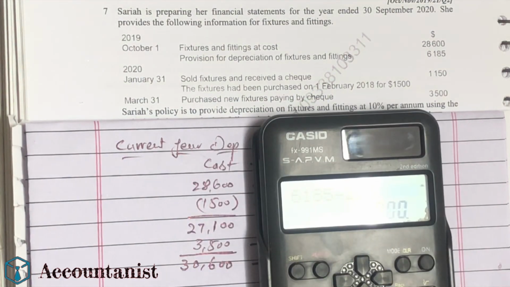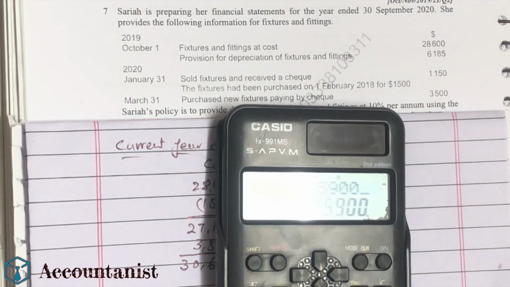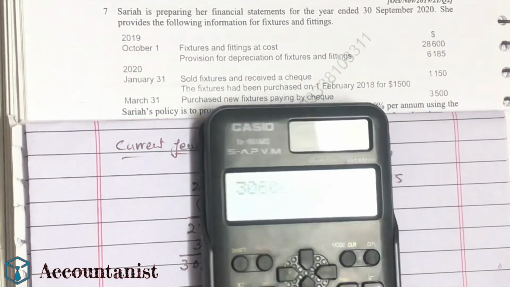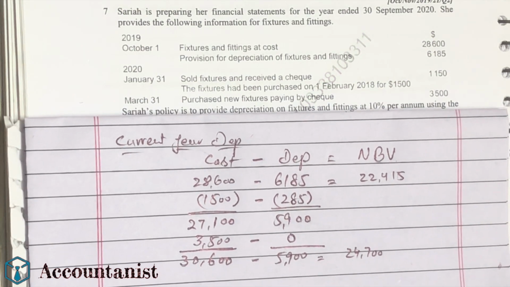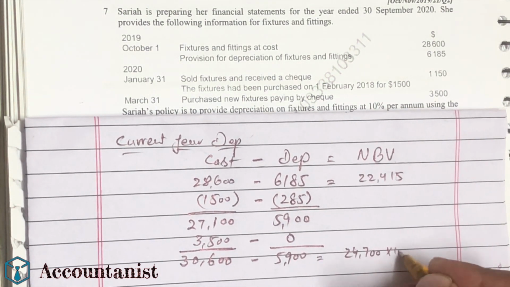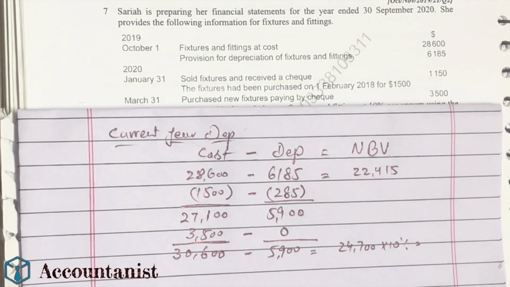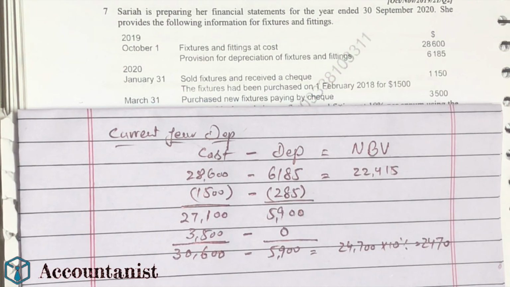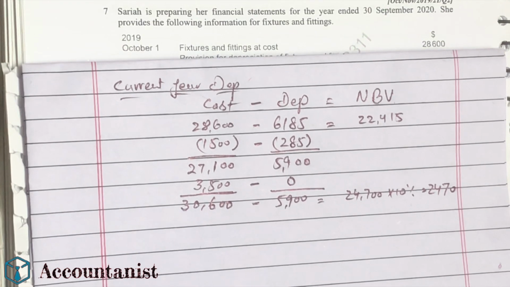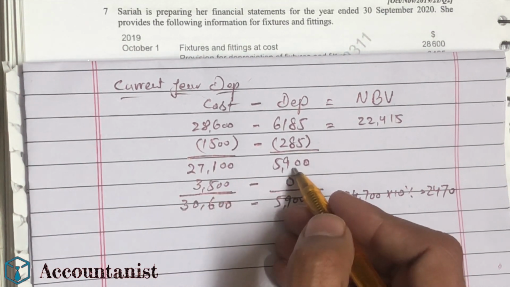So 30,600 less 5,900 gives me the net book value of 24,700. This figure I will use to calculate the depreciation, and now 10% of this value will give me the depreciation of the current year, and that will be 2470. Another way to calculate this, we can apply this percentage separately,